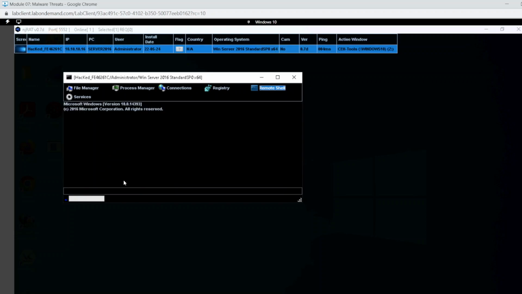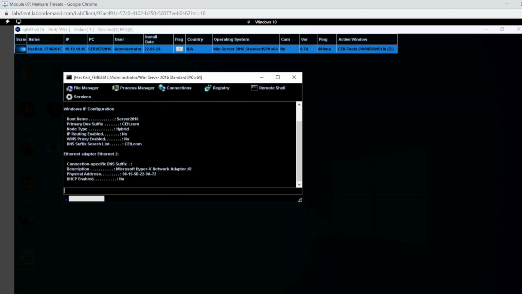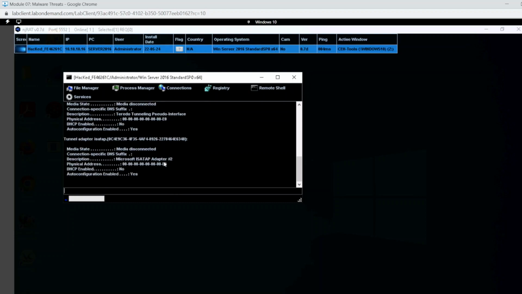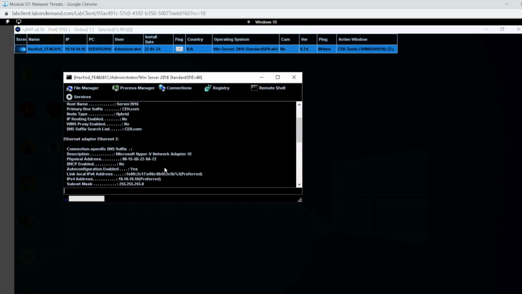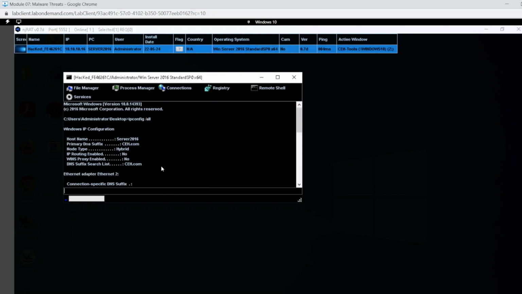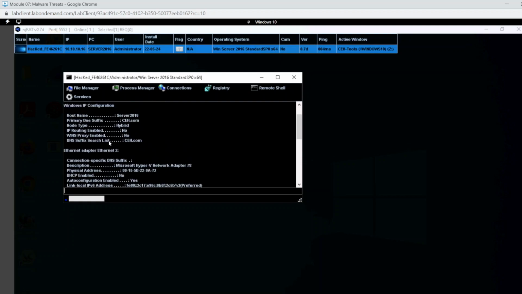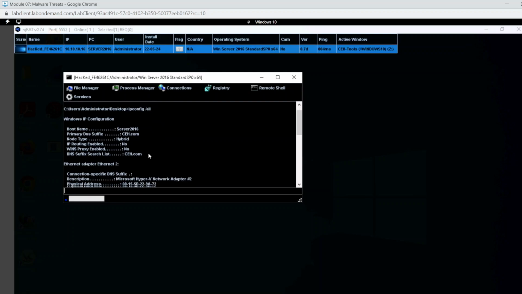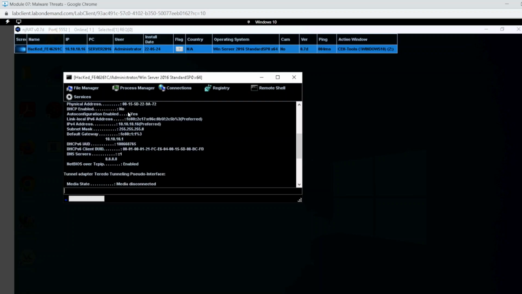So speaking of remote shell, this itself sometimes doesn't like to work. I don't know if it's my environment or the service itself, but let's see if we can get some IP information. Oh, great. So you'll notice I have all of their information. I can see that they're connected via Ethernet right now. I can see basically their domain, their host name, where they're using their DNS. I can see that this is a static address. So all really important information for anyone who's trying to